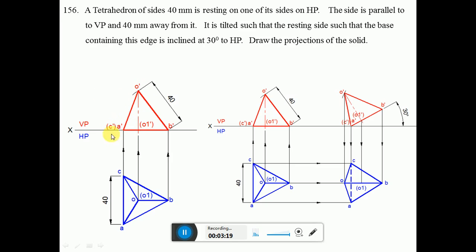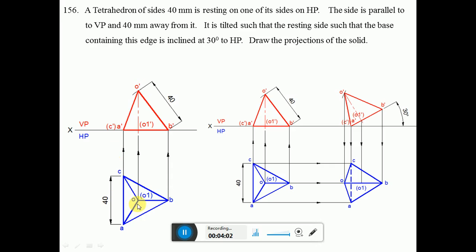So here, since the 4 sides have to be equal, of 40 mm side, A dash B dash is parallel to HP, B dash C dash is parallel to HP, and A dash C dash is parallel to HP. So all these 3 sides are parallel to HP, so I am getting the true length here. So AB is equal to BC is equal to CA, which will become 40 mm side. So there are 3 sides which are already equal. Now we need to identify which is the 4th side. Here when you join OA, which is the dark line, OA is inclined to VP. Since OA is inclined to VP, I am getting the apparent length here, so you cannot take this. Similarly OC also is inclined to VP, so you are going to get the apparent length here.